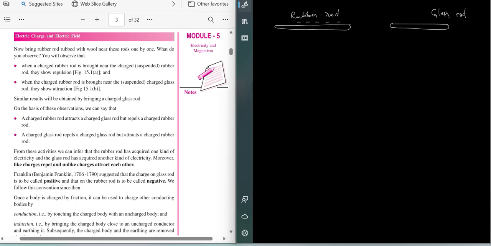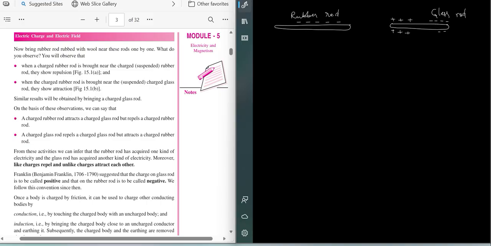So what happens in this glass rod, whatever excess electrons or loosely held electrons are there, they will get repelled by this negative charge and go to the other end of the glass rod, far end, away from this rubber rod. And alternatively, the positive charge will develop near to the rubber rod